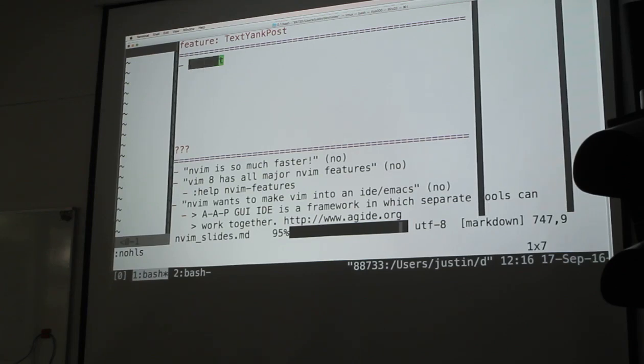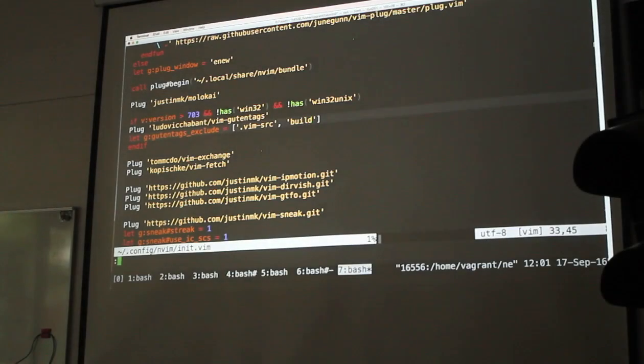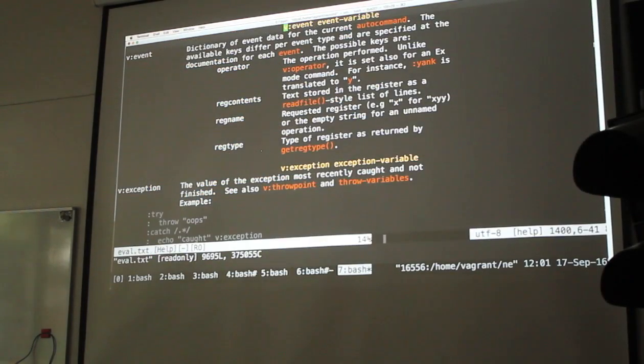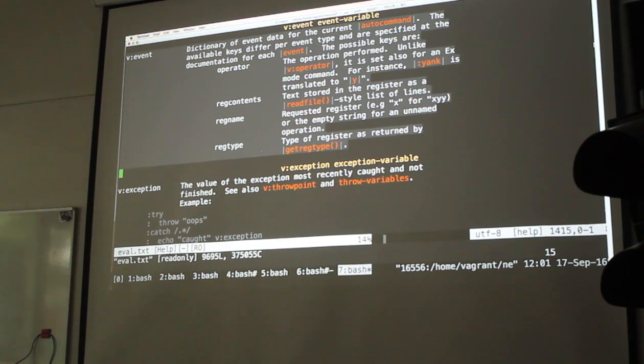And we also introduced this standard V variable, v:event, so that there's now this dictionary that will hold all of the relevant data for any event.